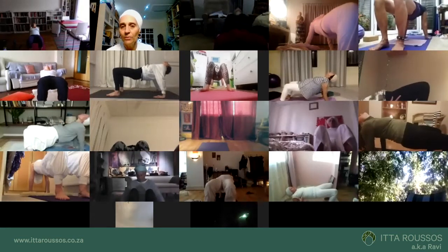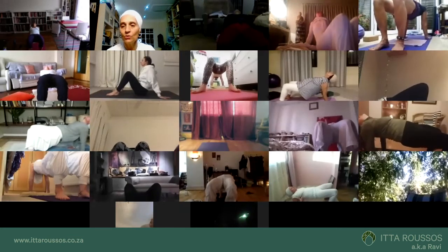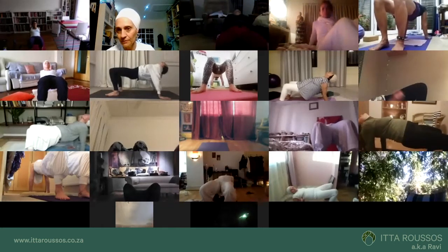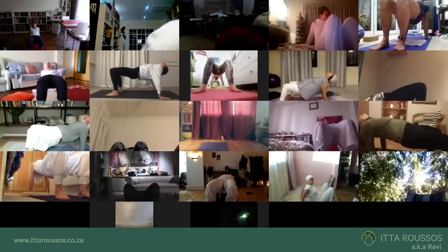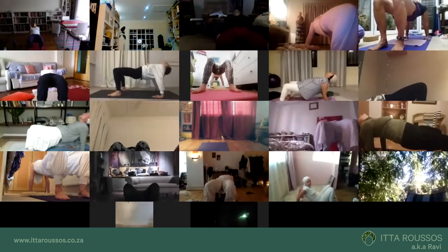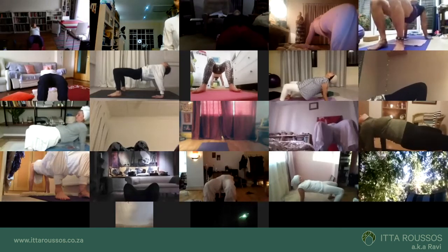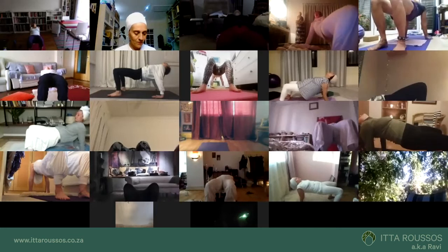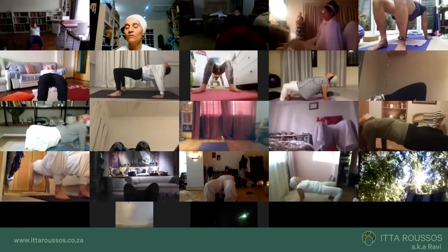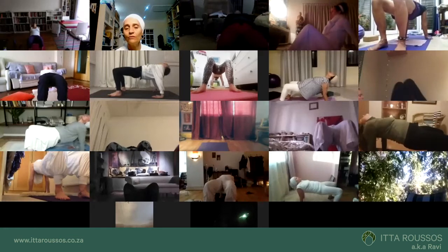So you're up in tabletop with a straight body. Your butt is up. Your hands are either fingers pointing towards the toes or fingers pointing away from the toes, whichever feels comfortable. And hold and breathe. So now we're exploring the body's potency. We're exploring the body's capacity to have that fully open front with a lot of presence,